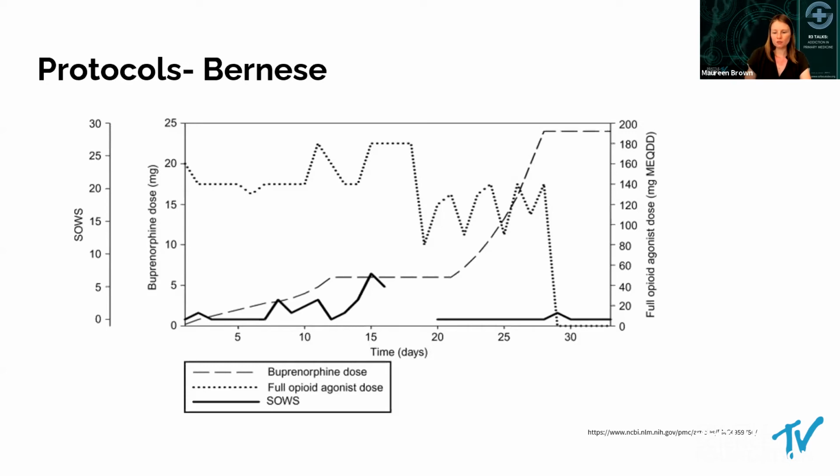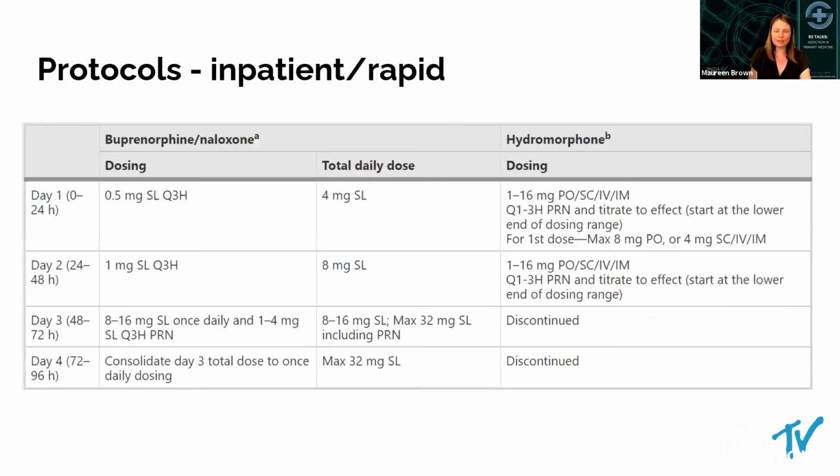So we had to start to rethink that to implement it here in the States. The next move that was made is to start thinking about how we could microdose patients in the inpatient setting. That's an ideal way to try out this strategy. We have someone in a controlled environment. We can really make sure that they are gradually building up their dose. And the other advantage of doing this in the inpatient setting is that you can do it pretty rapidly.